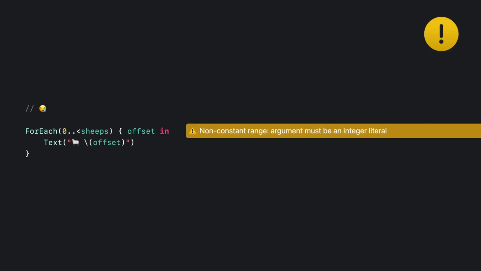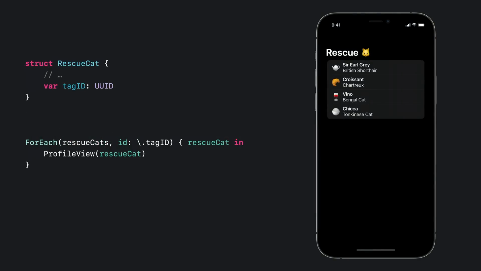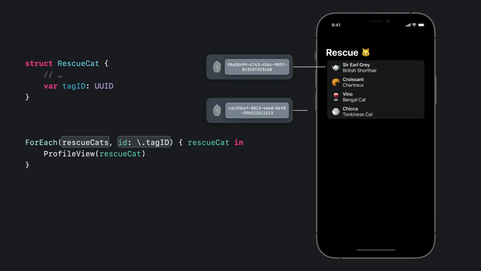Let's make things more interesting and bring in a dynamic collection of data. This initializer takes a collection and a key path to a property serving as an identifier. This property must be hashable because SwiftUI is going to use its value to assign an identity to all the views generated from the elements of the collection. Later, Raj is going to show you some examples of how choosing a stable identity affects the performance and correctness of your app.